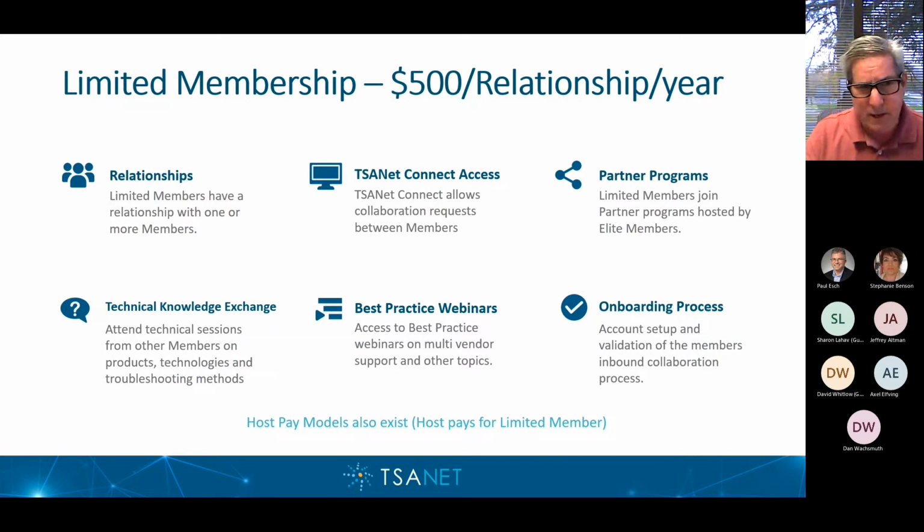This just kind of gives you an idea of what this is. Depending on how you came into this, it could be that there was a $500 fee. We want to really keep the fees down on this. So in a lot of cases, the host company is actually paying the membership fee for you. But what we're giving you as a limited member is the ability to have these relationships. You're going to see here in a minute where we want to expand that, give you the ability to actually expand how many relationships you have and who you have those relationships with.